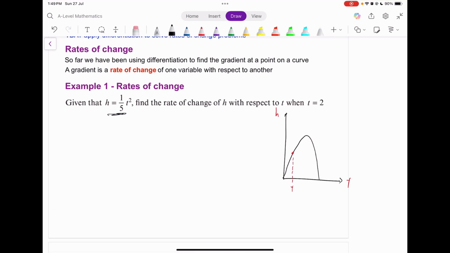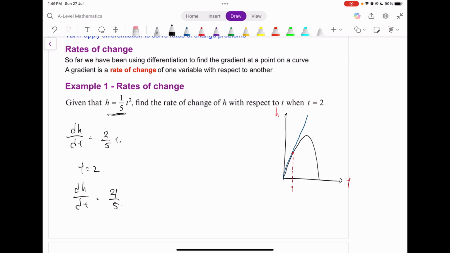Find the rate of change of h with respect to t when t equals 2. 所以这里我们的 differentiation is just equals to 2 over 5 t. So this is the gradient. This is the gradient part. So we have like a gradient right over here. Approximately. Sorry, it should be like that because it's from the origin. Okay, now when t equals to 2, 我们的 rate of change at that instant 我们是 4 over 5 的。